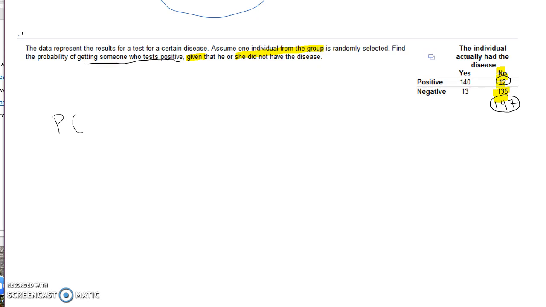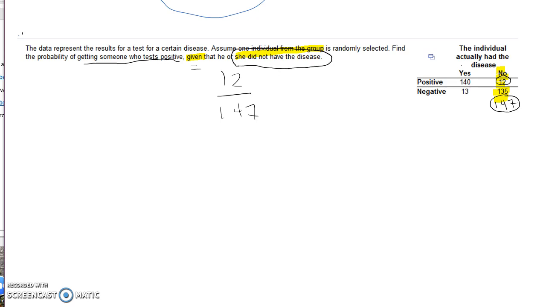So the probability of getting somebody who tested positive given that they didn't have the disease, oops, sorry about that, is 12 out of 147. And if it asked for a decimal, we would round this off. But I think this is as far as we can go for a simplification. So again, when you see given, just look at what's given at the end, and depending on whether it's